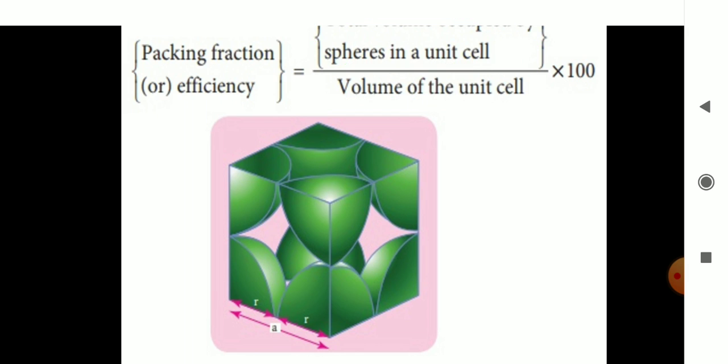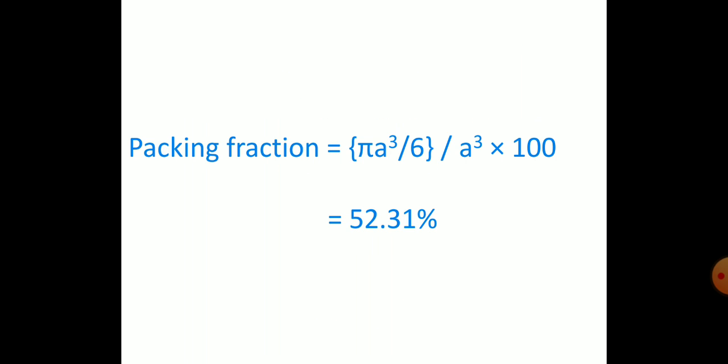This is the packing fraction: pi A cube divided by 6, whole divided by A cube, into 100. When we simplify, if you substitute 3.14 for pi, then A cube will get cancelled. After simplification, the answer is equal to